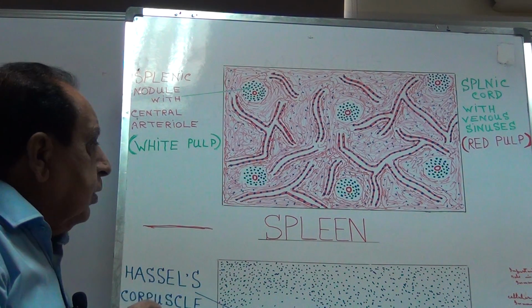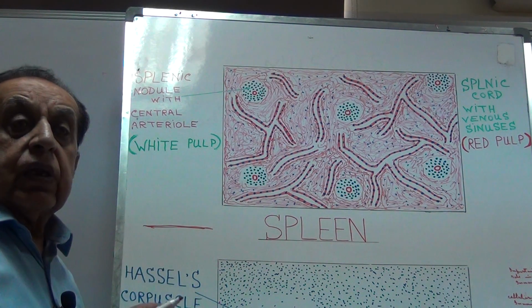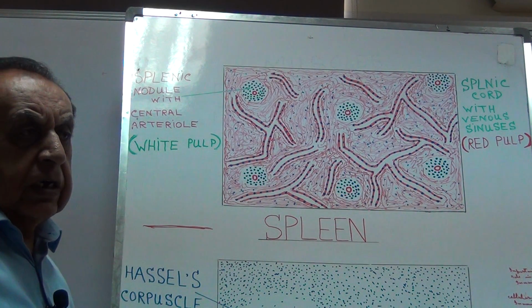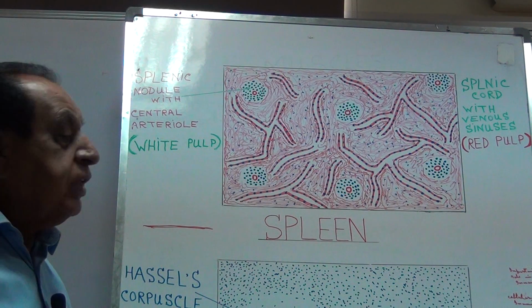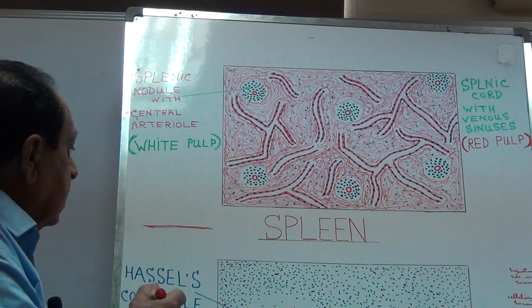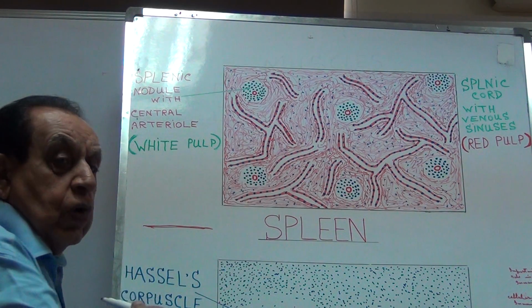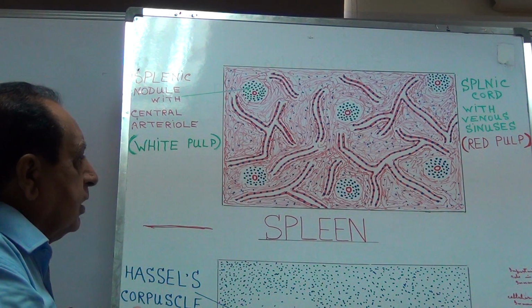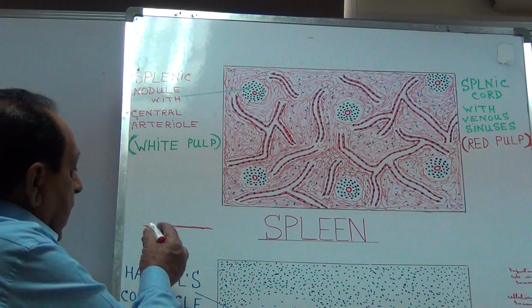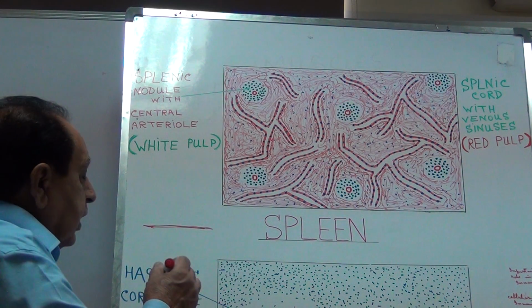The arteries have three coats: tunica intima, media and adventitia. Now, when the branch of the splenic artery reaches the white pulp,